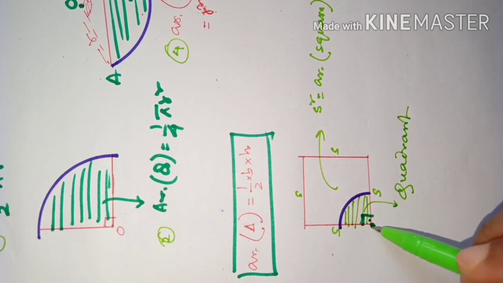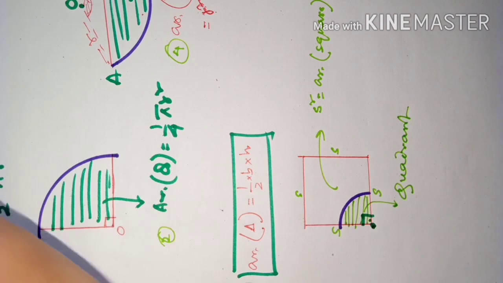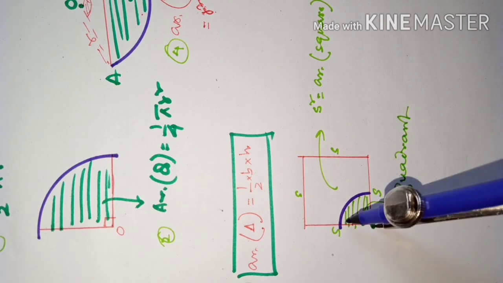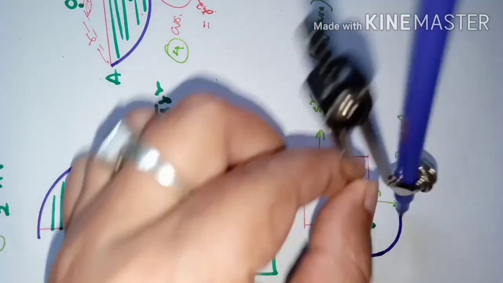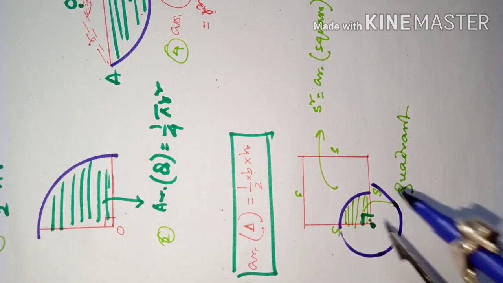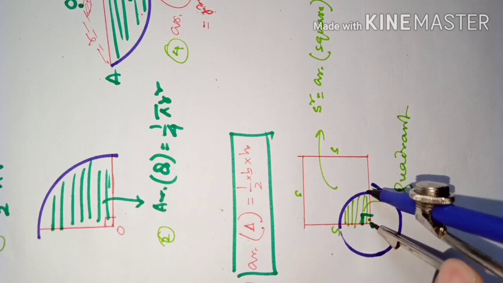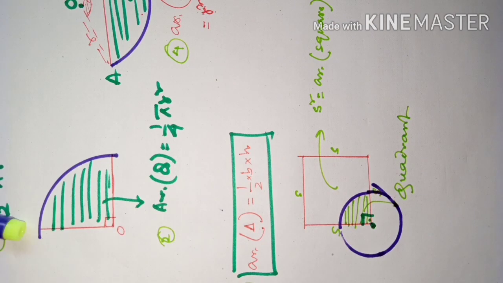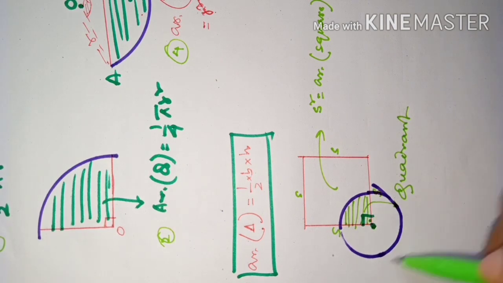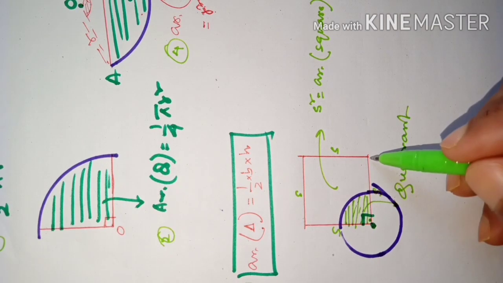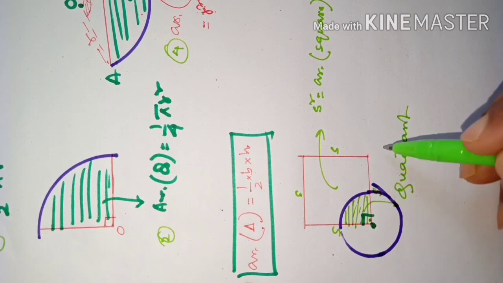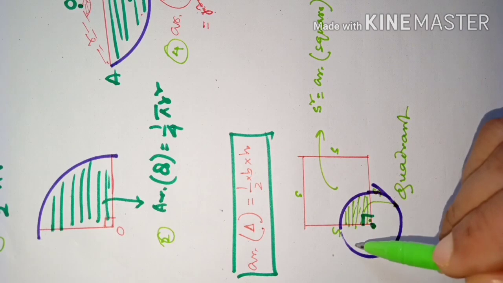This is the center of the circle that you are going to draw. If you want to draw the complete circle, it will look like this. So this is the complete circle. Sorry dear students, since the drawing is not nice. So you see, this is the complete circle and this part is a quadrant. So if about the corners we try to draw circles, then we will get 4 quadrants like this.